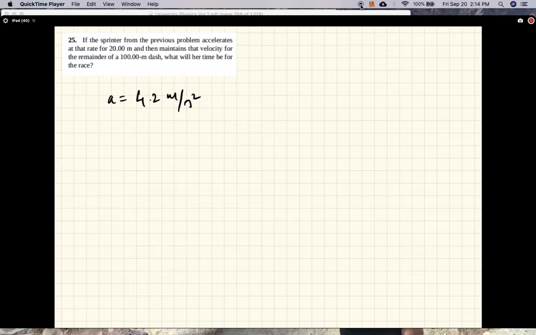Okay, so what we want to do is, this is 20 meters and here's 80 meters. She starts off at rest. What we want to do is find her velocity here, which is the velocity she maintains for the rest of the race. So for the first part of the journey,